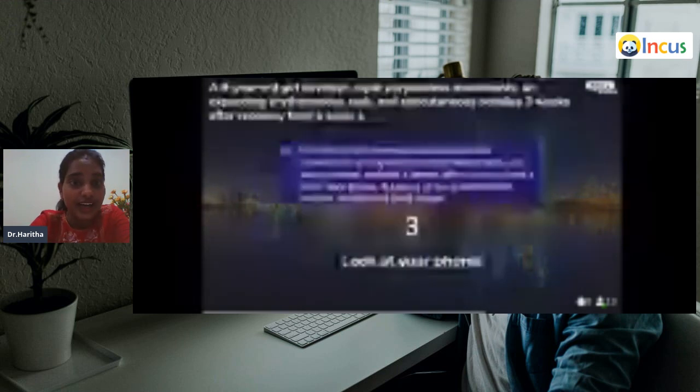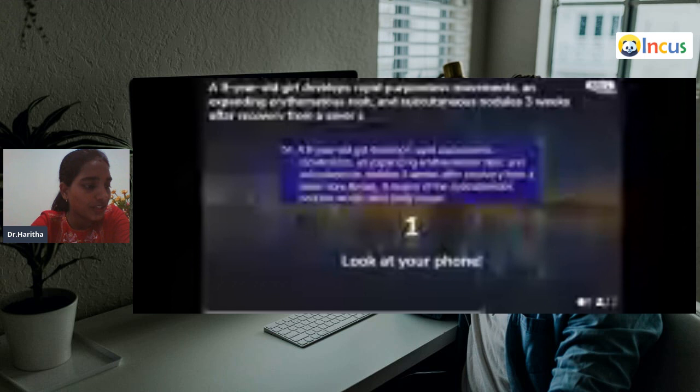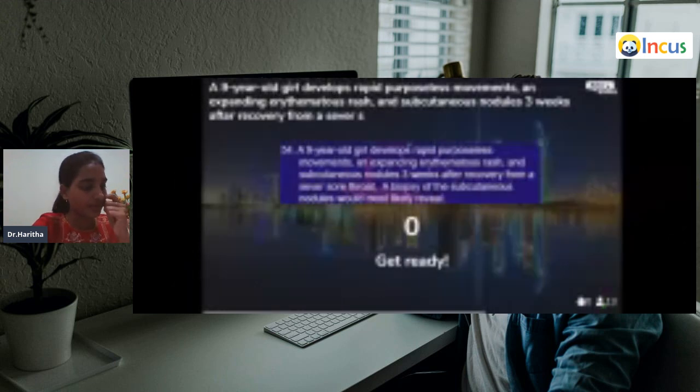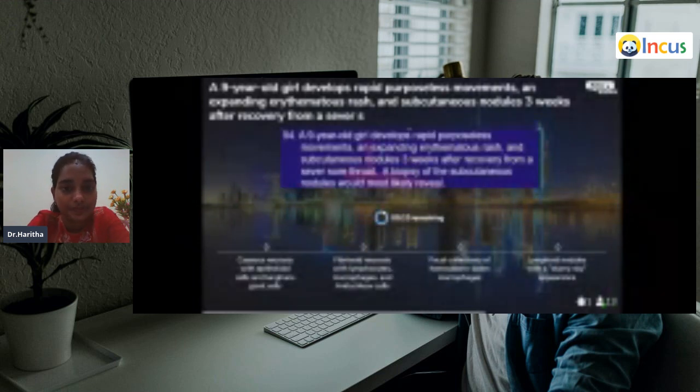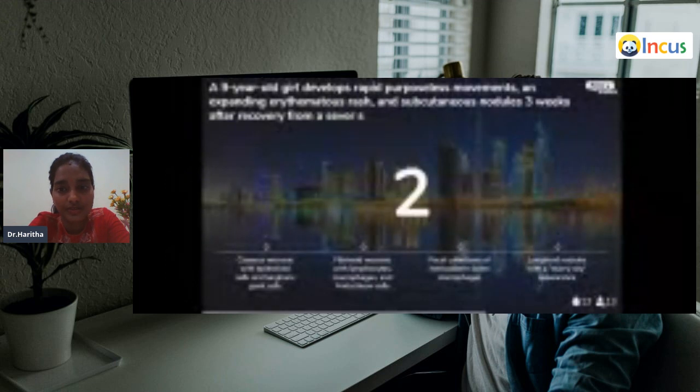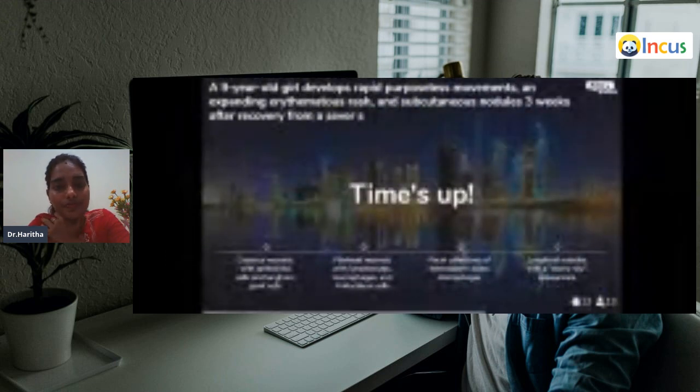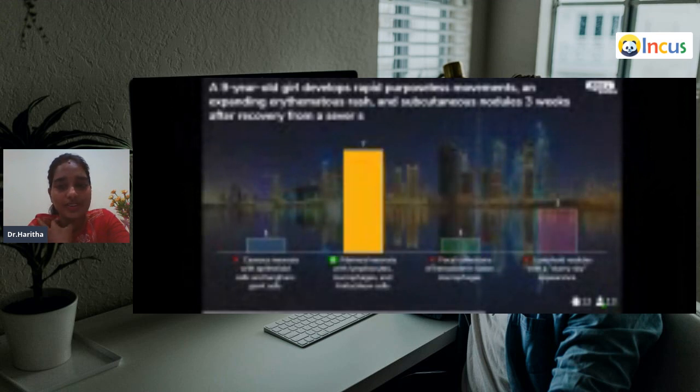Interesting question. A 9-year-old girl develops rapid purposeless movements, erythematous rash, and subcutaneous nodules 3 weeks after recovery from a severe sore throat. Biopsy from the nodules reveals: caseous necrosis with epithelioid cells and Langerhans cells, fibrinoid necrosis, focal collections of hematocyte-lined macrophages, or lymphoid nodules with a starry sky appearance. Yes, very good. I'm happy that 7 members have answered fibrinoid necrosis with lymphocytes, macrophages, and Aschoff cells, where I think you must have got the diagnosis. It is acute rheumatic heart disease, where the child is showing purposeless movements, which is Sydenham chorea, the erythematous rash, and the subcutaneous nodules, and the history of